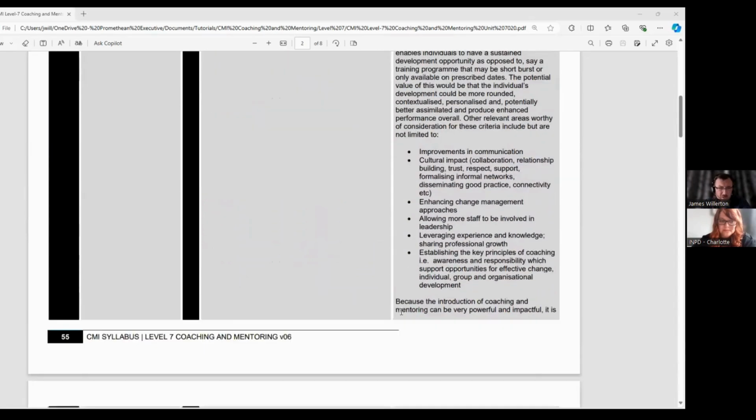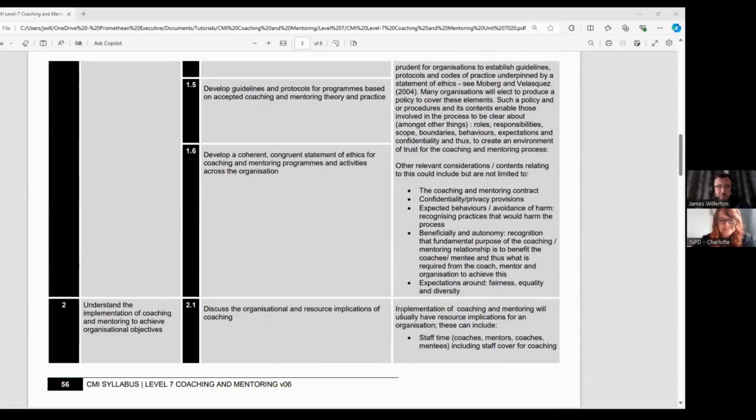So again, those two are normally okay for most people. Where we do see a slight spike, I think that's right, Charlotte, isn't it, in referrals is these next two, yeah.